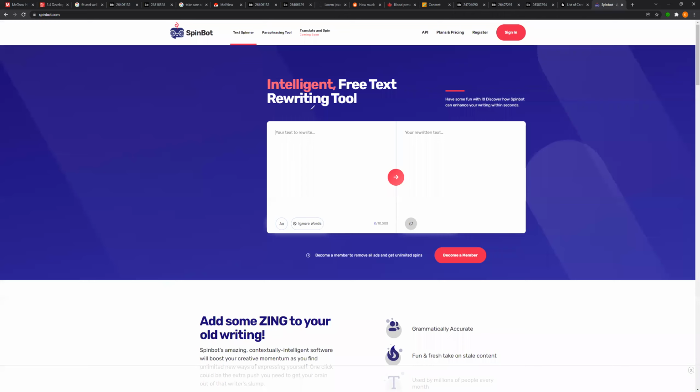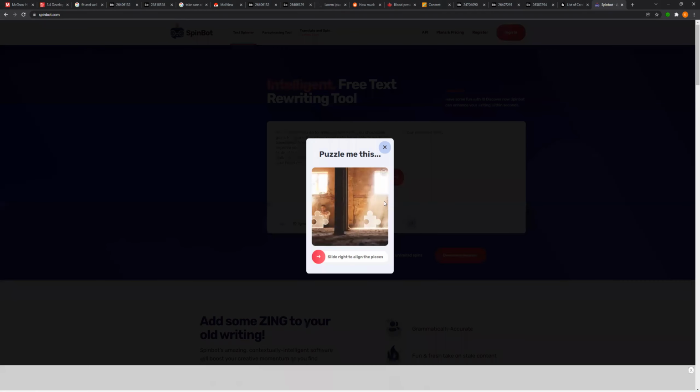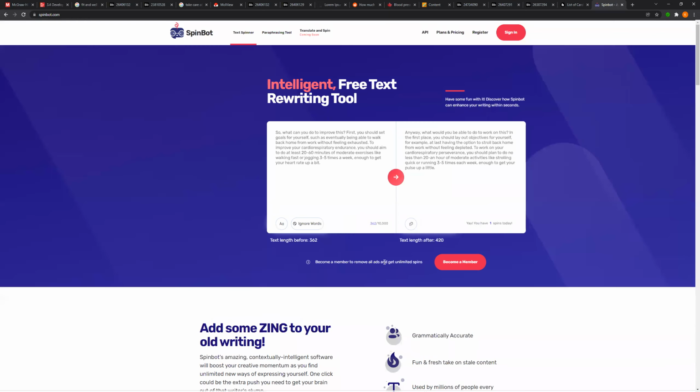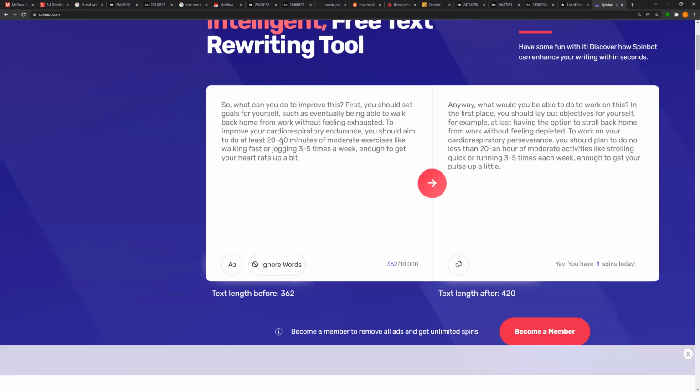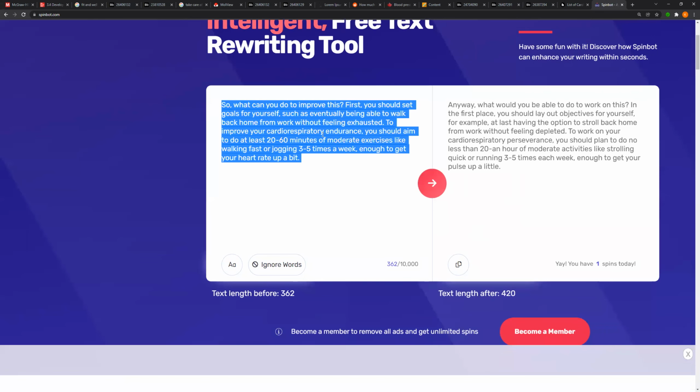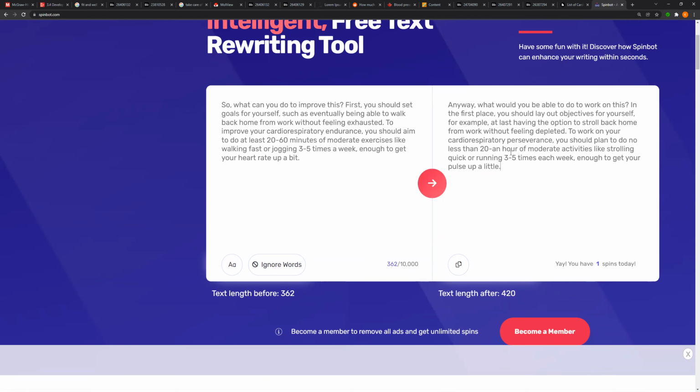And I'm going to paste my text into Spinbot because, you know, you're a student and you've copied an essay that someone has already written and you ran it through Spinbot. It wants me to prove I'm a human. There we go. So let's see what it changed my text into. So you copy something from the internet because you think you're sneaking past the professor, and your submitted paper says,